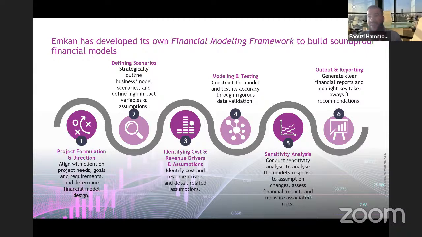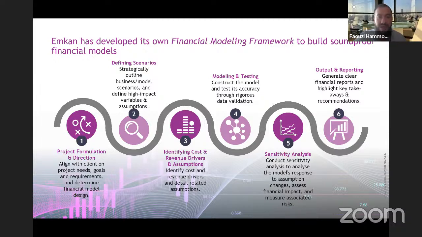Certain clients are looking more at a profitability matrix, so that needs to be detailed more. But there are also clients that are very education driven, and there will be a lot of assumptions about academic aspects of the model. Then the second step is, once you understand what the project is about, so they want to establish a specialist art school in Riyadh,